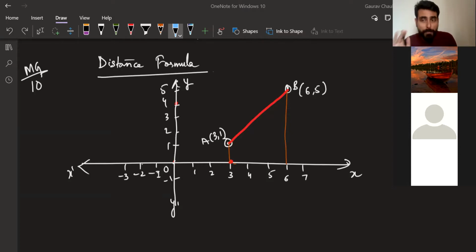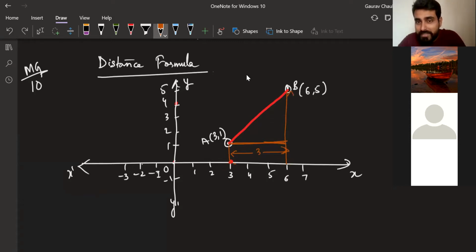Tulsi, we good? But okay, let's get into it right now. I don't want to take another class on this. But Tulsi is on the right track a little bit. When she's dropping these perpendiculars, she's also giving us the idea that I can find this length. Now, I'll drop one more perpendicular along with what Tulsi has dropped. Now I have this distance is 3. How did I get that? This is 6, this is 3, so 6 minus 3 is 3.